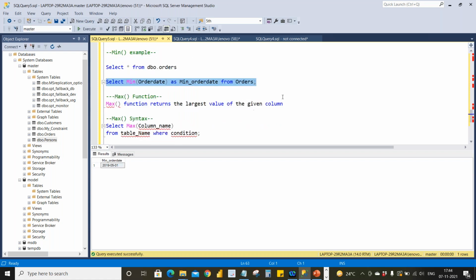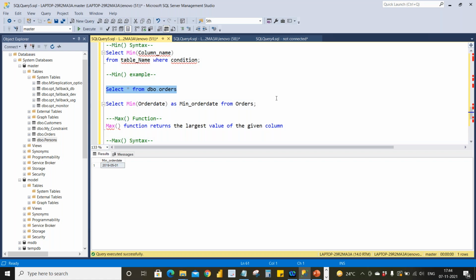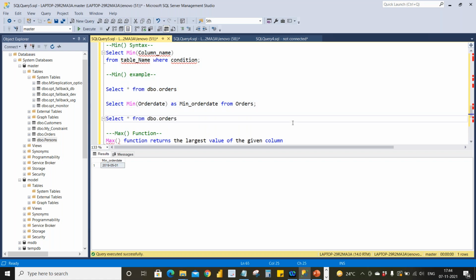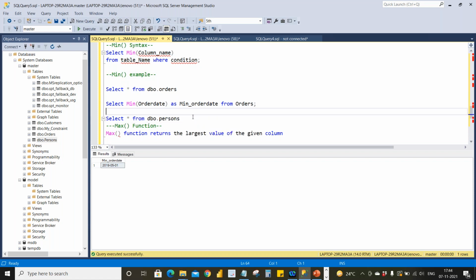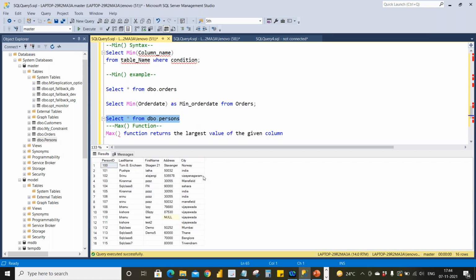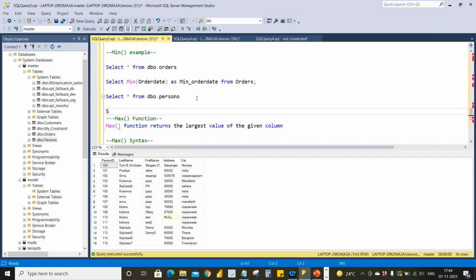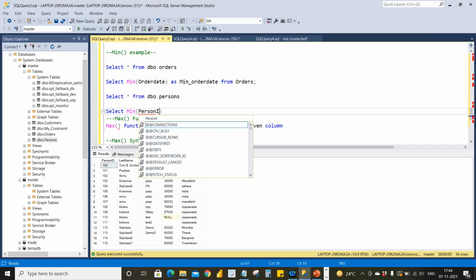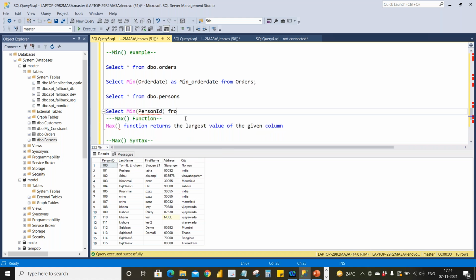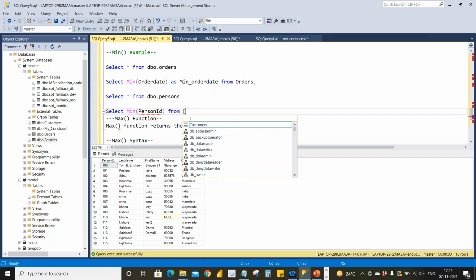In the similar way, you can get for other tables, other columns as well. In the persons table, let's see for address and person ID how it will give. Select minimum of person ID from persons table.